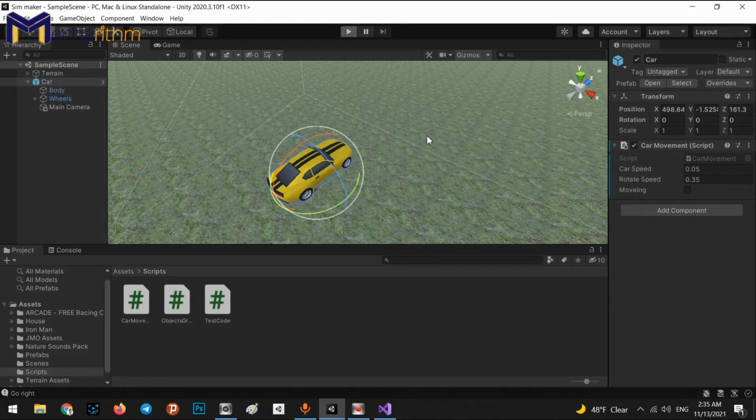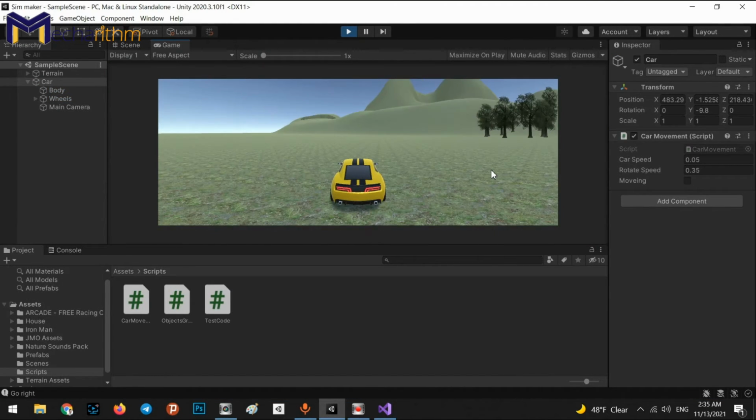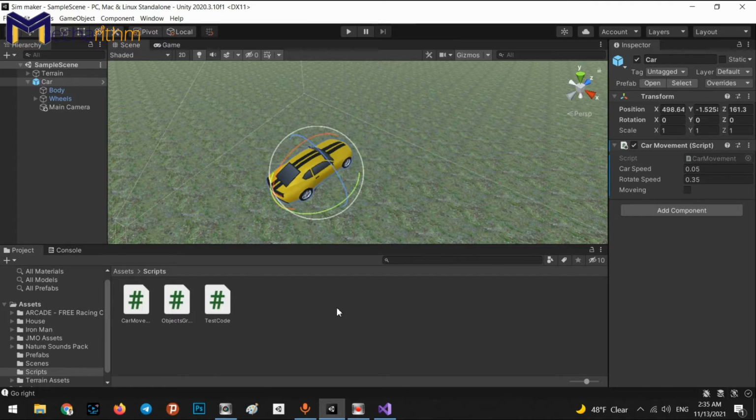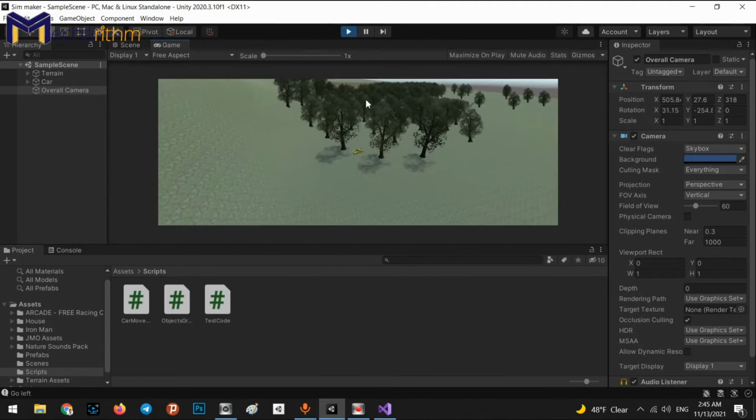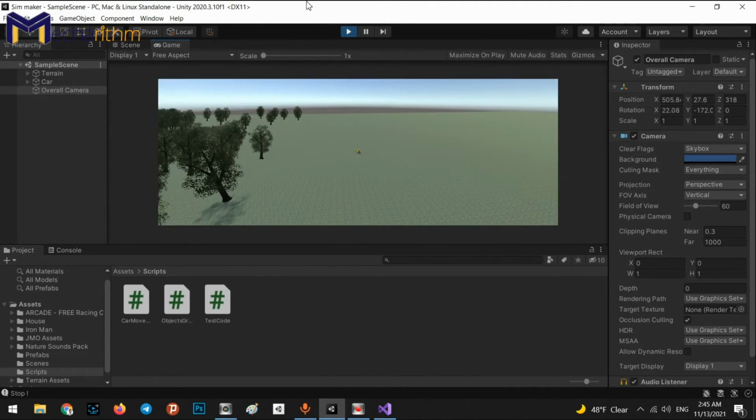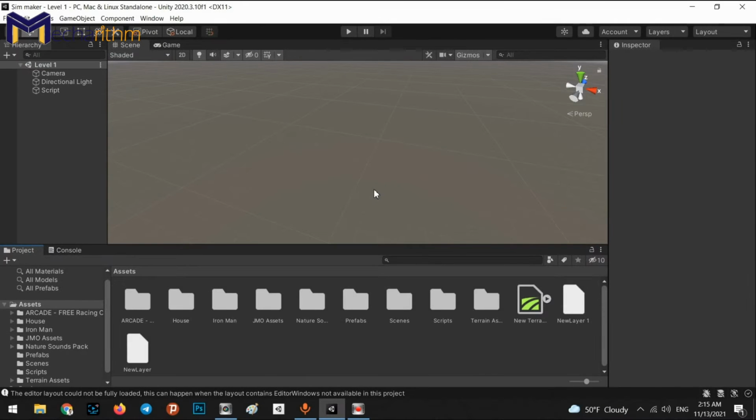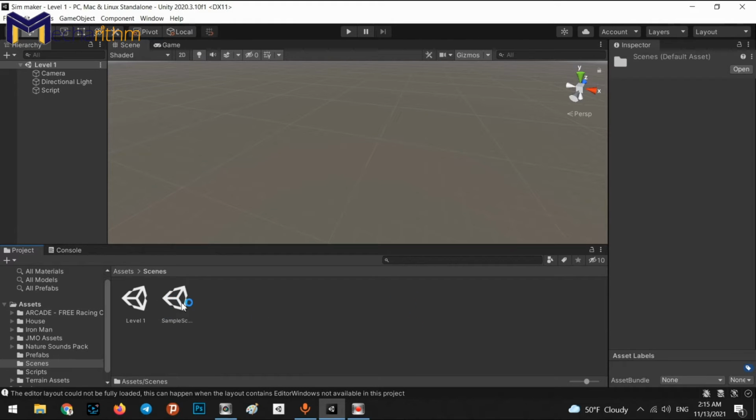It's time to create a basic system for car movement in the scene and how we can change the views of the camera between several cameras. Alright, in this step, we want to make our basic movement system for our vehicle in our scene. For doing that, we want to go to sample scene,